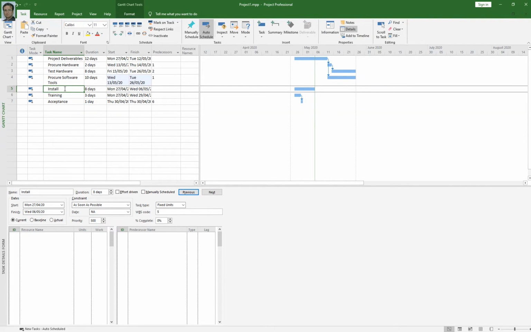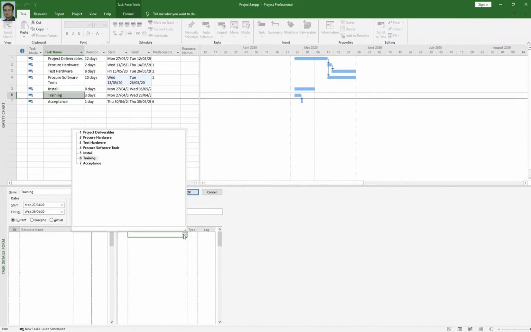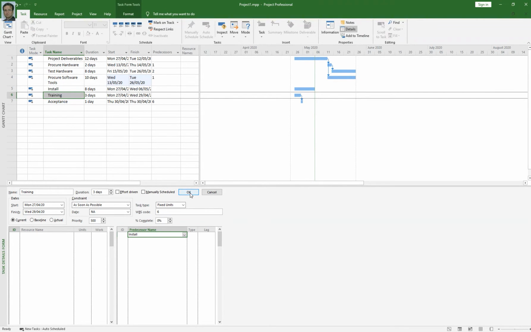So I'm going to make a relationship between the install and training activities. I will click on training, click on predecessor name, select the install activity, and click on the OK button. When I click on the OK button, the project will set the type by default to finish to start and with lag time 0 days.